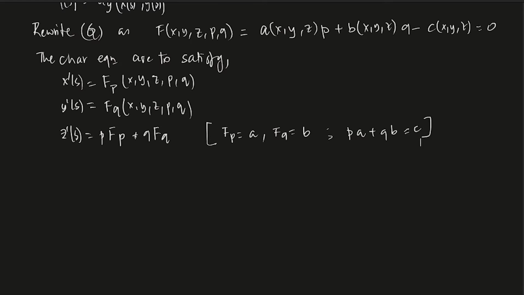Okay, so this is the motivation. See, the whole idea is this. Initially, there was a specific form, which is a ux plus b uy equals c. Here, we do not have a specific form. We have a generalized form, and we want to write it in that form. So our characteristic equations should contain not a, b, c but should be in terms of F. Using that initial idea, we are just writing it in terms of Fp, Fq, and z prime of s is pFp plus qFq.